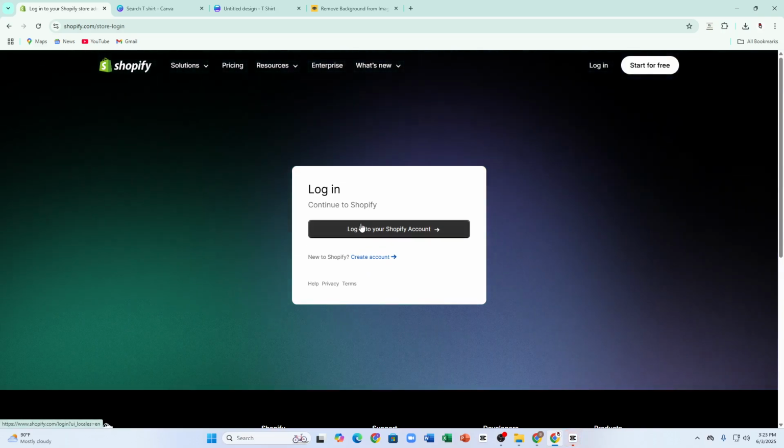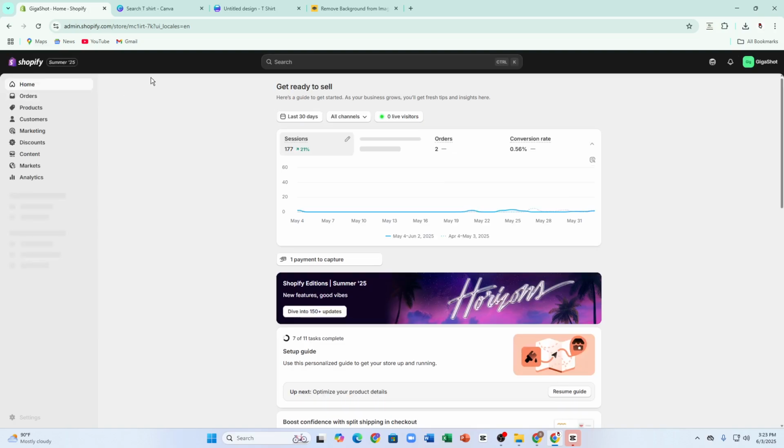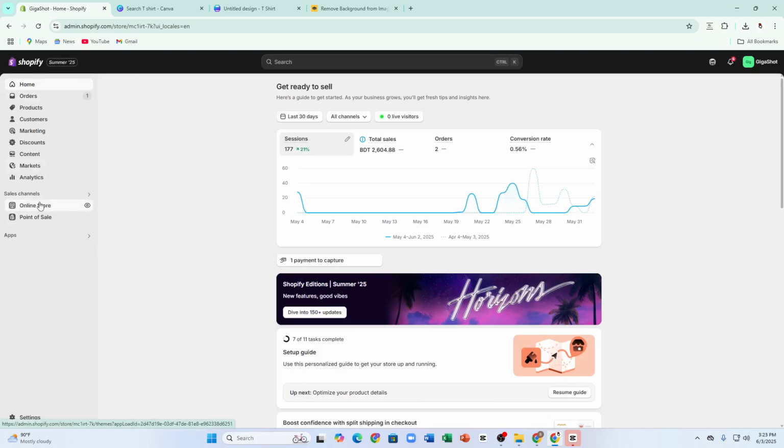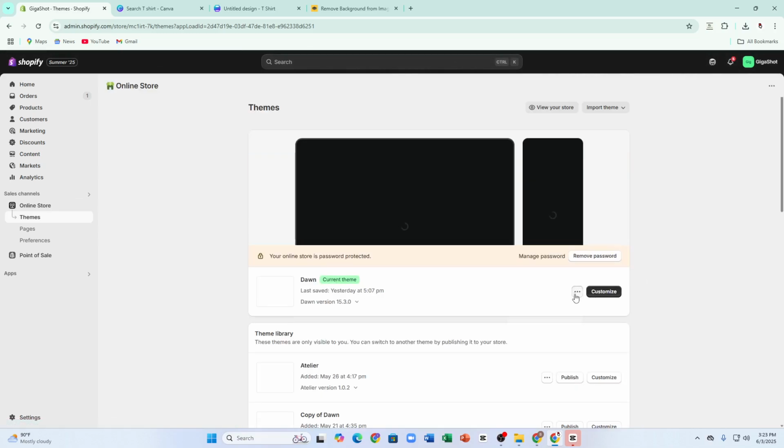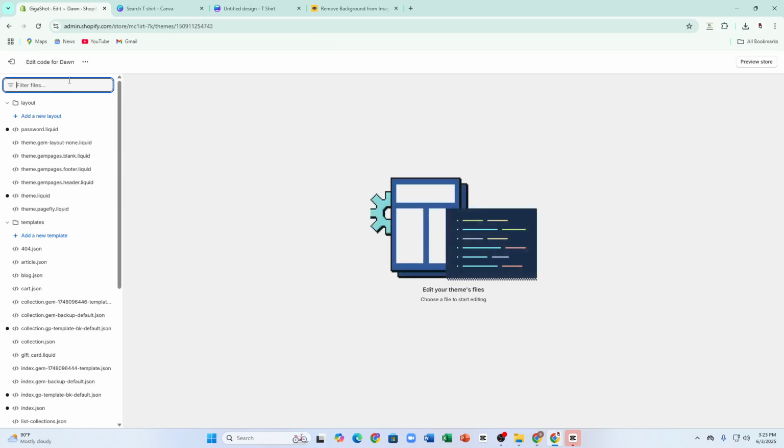So first of all, you have to go to your Shopify admin dashboard. As you can see, I'm already in my Shopify admin dashboard. From there, you have to tap onto online store and then simply tap onto the three dot icon over here onto your current theme, then tap onto edit code, then search for